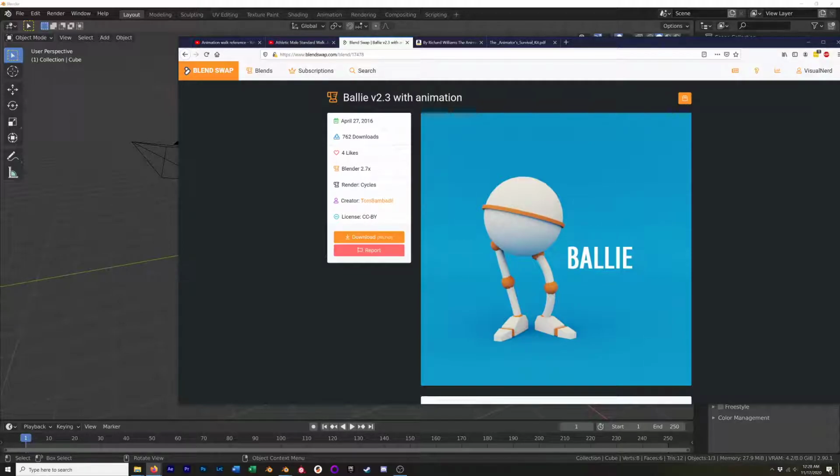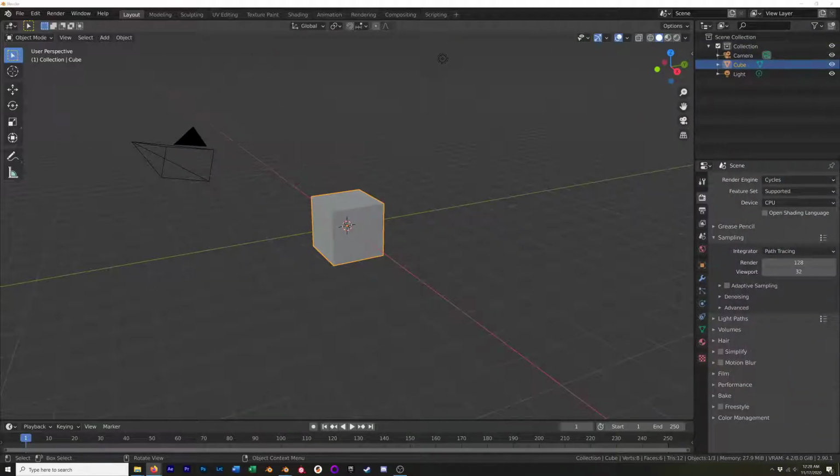It's a free Creative Commons attribution license, so you just have to shout out who made the rig, and that's what I'm doing right now. So thanks, Tom, for that. And when you download it,